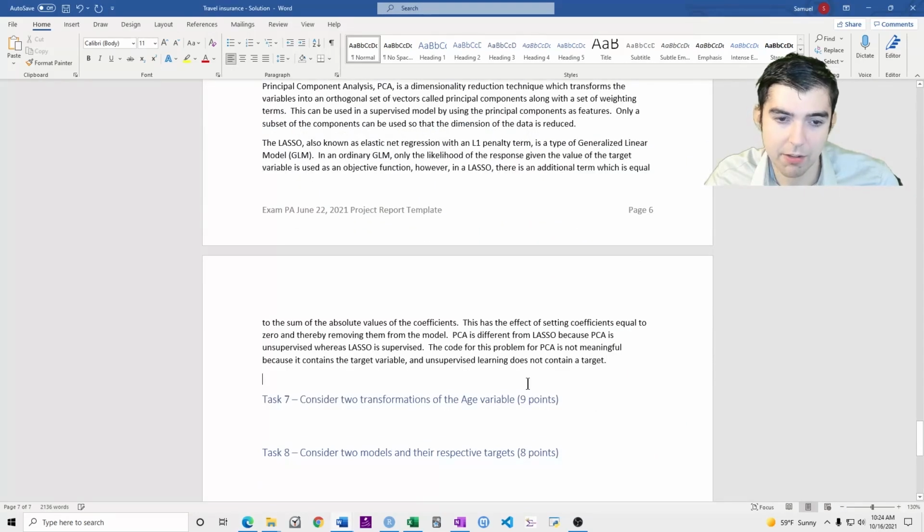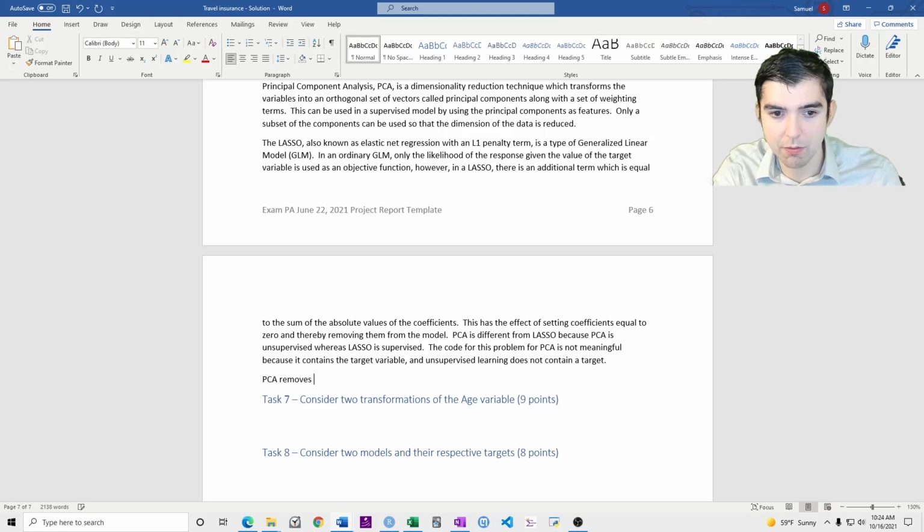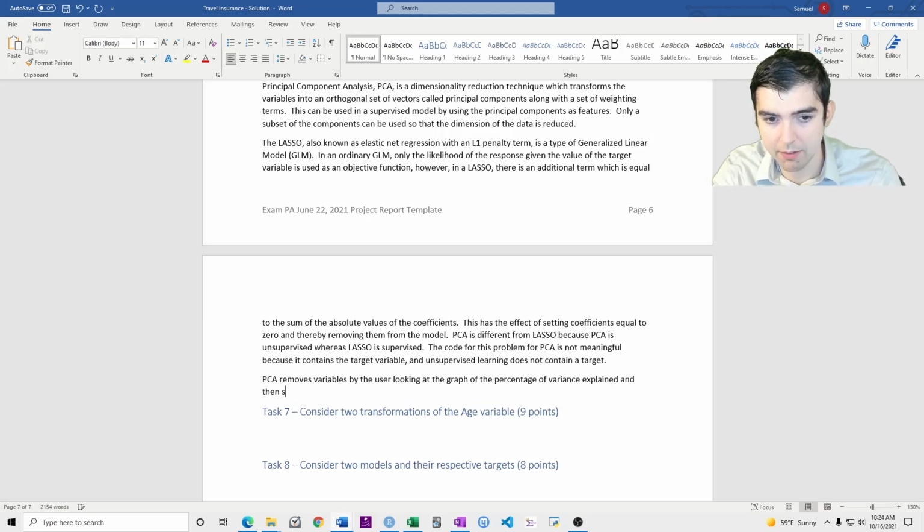So another thing that you could say is like PCA removes variables by the user looking at the graph of the percentage of variance explained and then selecting a subset of variables.